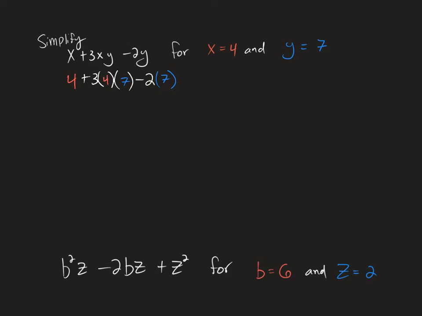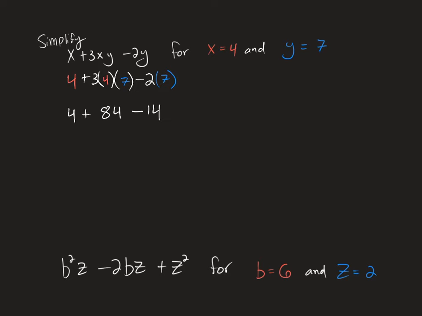So you're simplifying, and now we're going to use order of operations. So we're going to carry down the 4. 3 times 4 times 7, that's all multiplication. So we have to do that before we do the addition or subtraction. So 3 times 4 is 12. 12 times 7 is 84, so we've got 84 for this middle part, and then negative 2 times 7 is